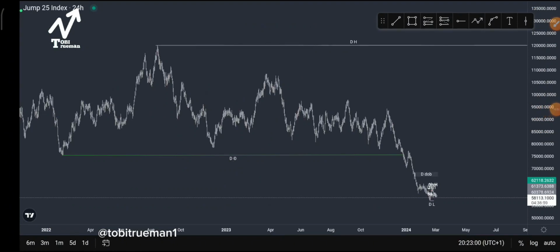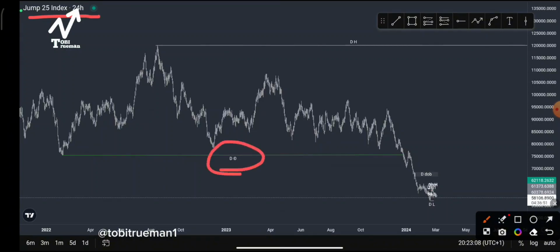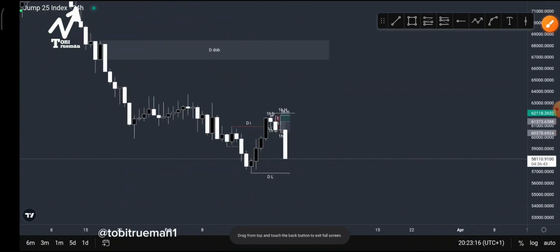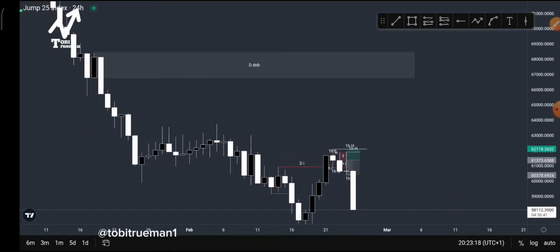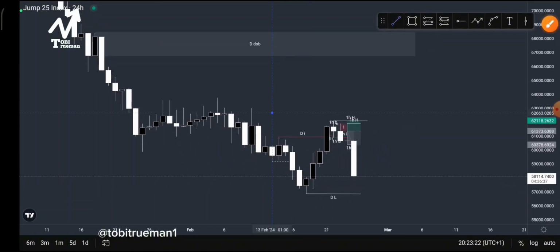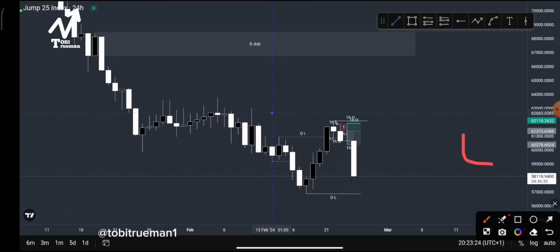You will see this is the daily time frame of this Jump 25 index, and we see on the higher time frame, which is daily time frame right now, price has caused what we call change of character. So when price has caused change of character, let's try to zoom in on what actually happened here. We can now see that we have marked out the structure. This is the time that price has already took out,